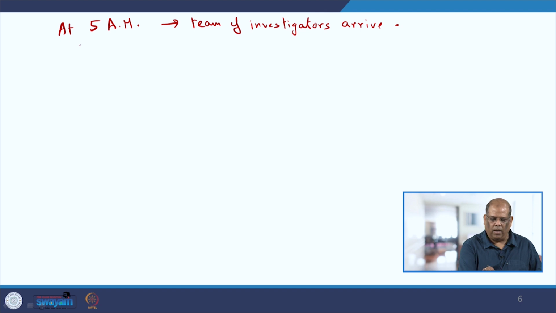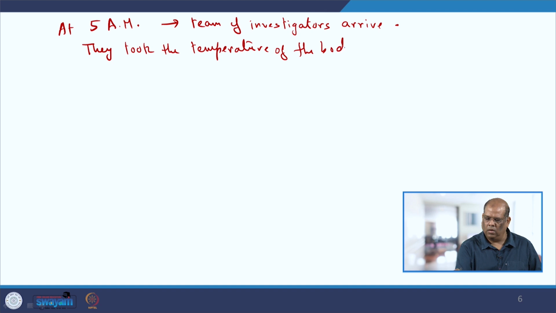They took the temperature of the body, and they find that it is 87.5 degree Fahrenheit. So then the body is removed,